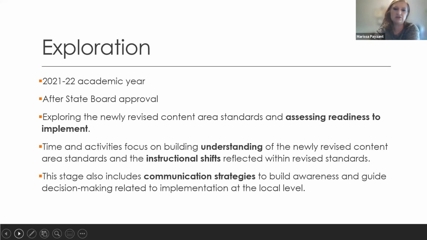I mentioned this instructional shifts document as a resource that's ready to go. I would highly encourage you to take a look at that if you haven't already. It is the focus of the second session, the second professional learning module. And this stage also includes communication strategies just to build awareness, even talking to your parents, maybe in spring conferences. If I'm a teacher, my role might be to share that, hey, your student will be assessed, there's revised ELA standards, the assessment's going to shift over next school year. And so just making all of our stakeholders aware of that.